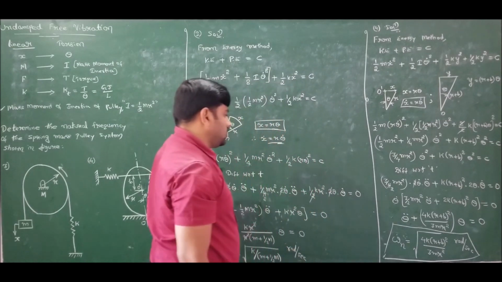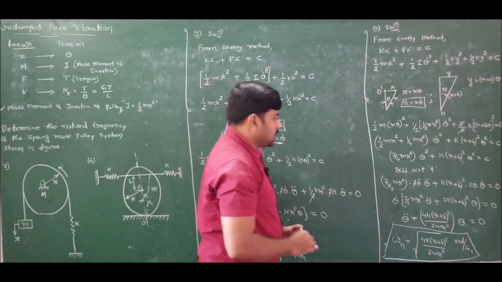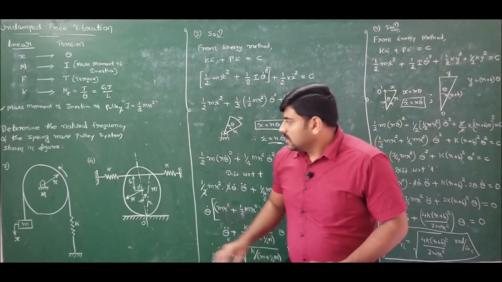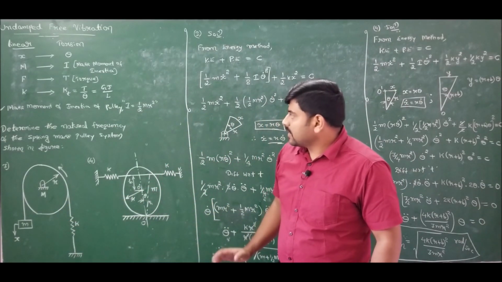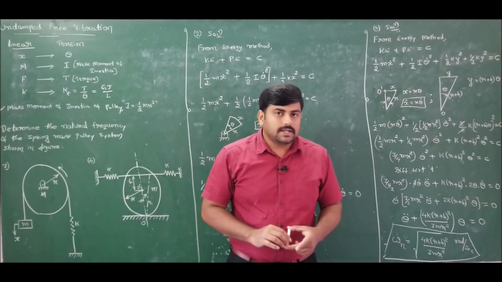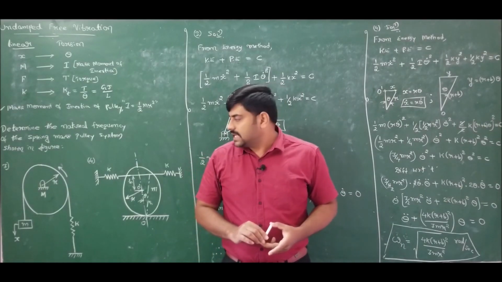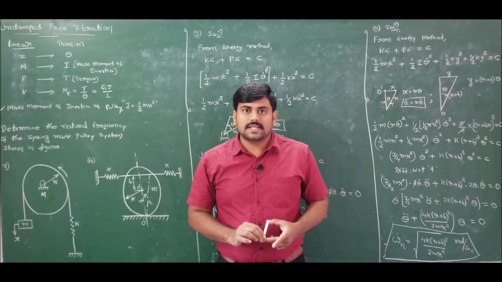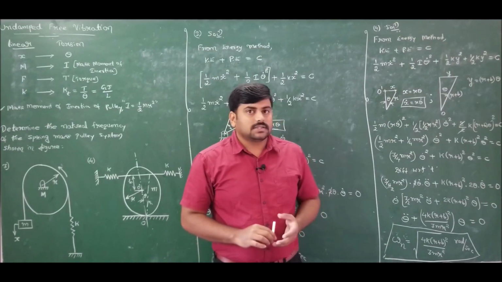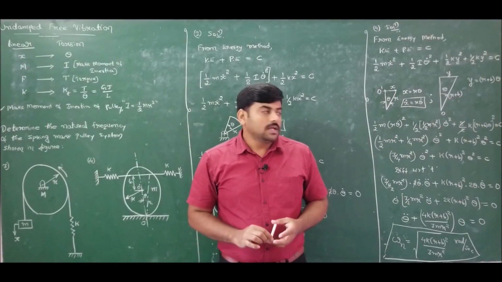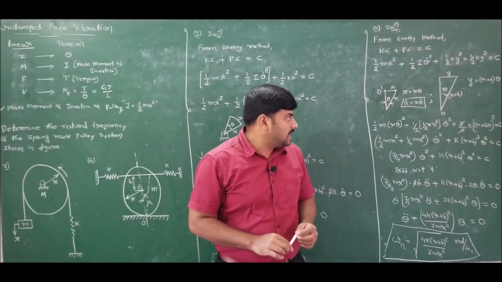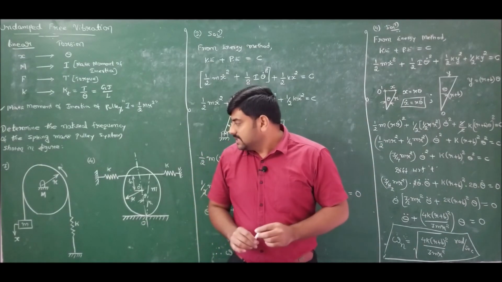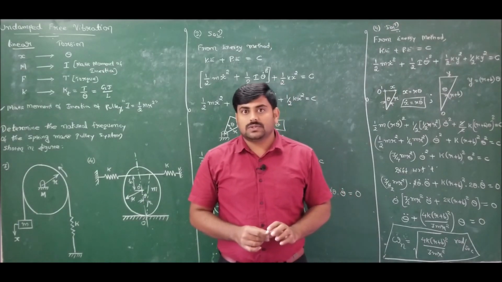problem number 4, where we have a pulley subjected to rolling and torsional moment, whereas here we have a pulley and an externally attached mass. These problems are a little bit tricky, but if you understand these problems properly once, you can snatch maximum marks in less time. Marks will be awarded for analysis rather than the procedure and length of the problem. So these problems are tricky but very easy to solve.